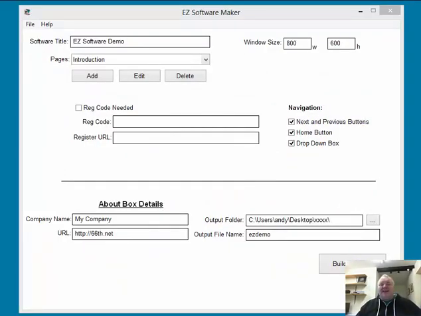Hi guys, Andy Brocklehurst here, and we're going to take a look at Easy Software Maker. This is a thing that I've discussed many times with coaching clients and other people. Simple software really does sell, and software has a higher perceived value than things like PDF documents and MP3s. You can use Easy Software Maker just as a delivery system for delivering content. It is in effect a web page compiler, but instead of taking web pages, we just copy and paste the code we want into it, and it builds a little piece of software.